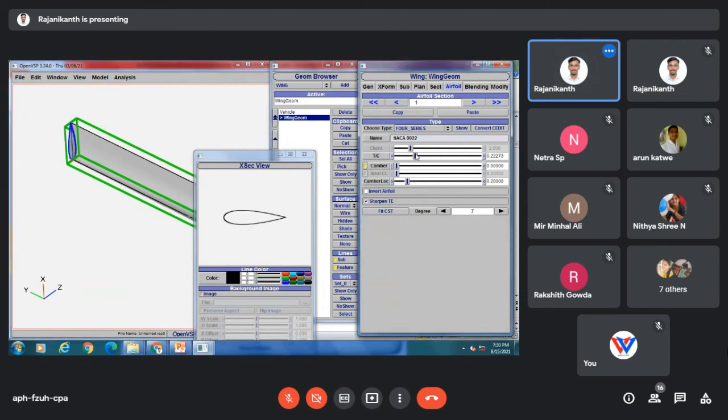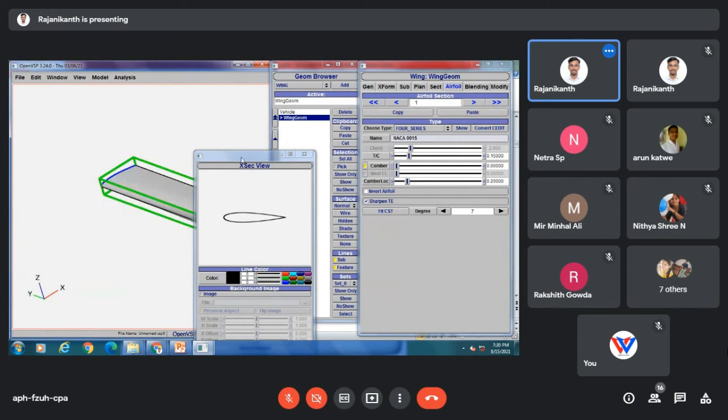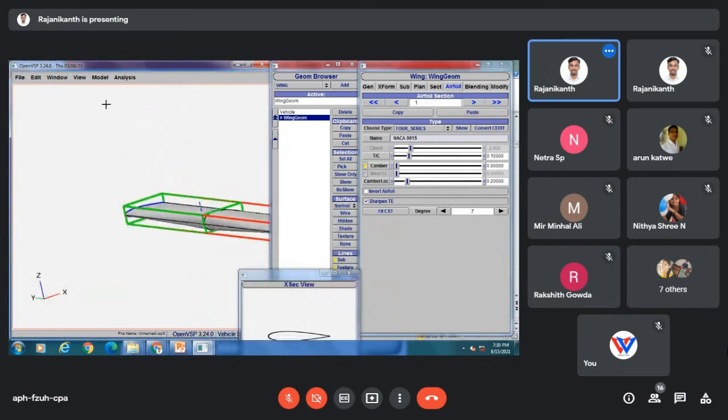Here also we'll increase the thickness to chord ratio, that is 15%, 1 5. Enter.